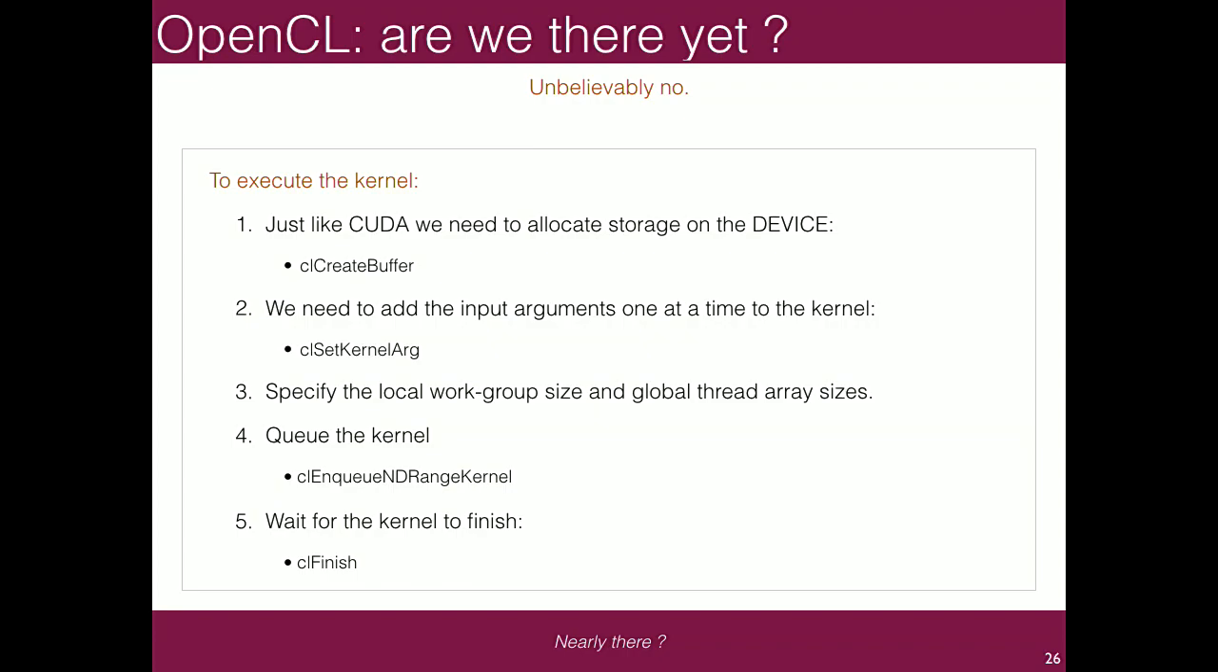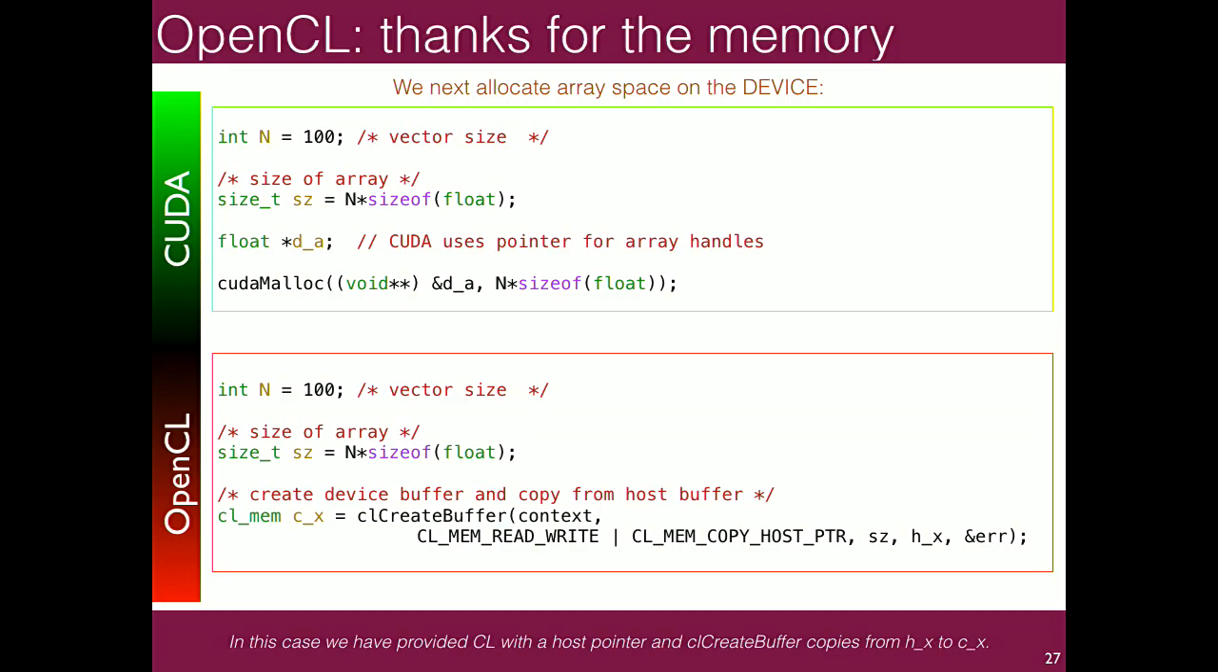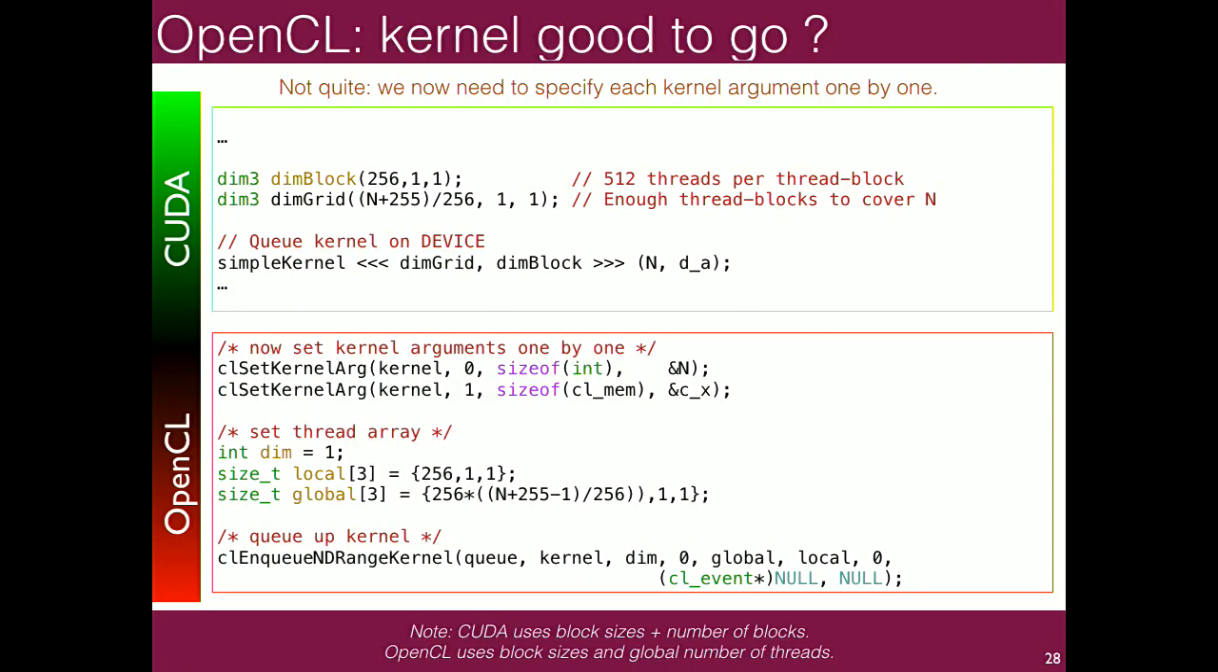And if you want to wait for it to finish, then you'll call CL finish. So here's a comparison. CUDA malloc top, create buffer bottom. Launching the kernel at top, simple in CUDA, a little bit more complicated because we need to set the arguments in OpenCL, devise the thread array, and then queue the kernel. Notice, instead of using wacky syntax like you do in CUDA, you just use an API call to call that